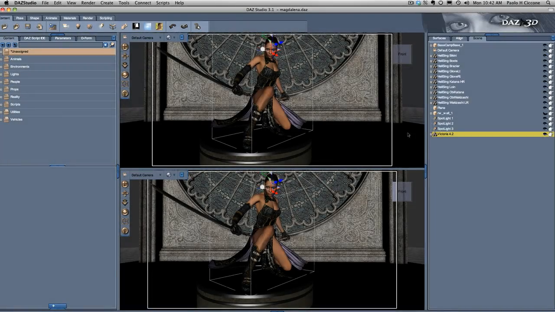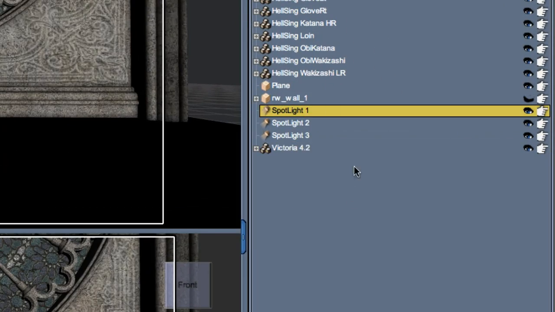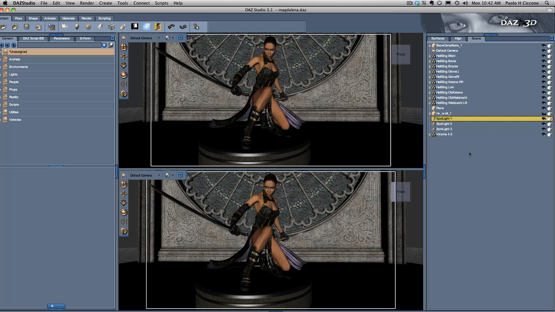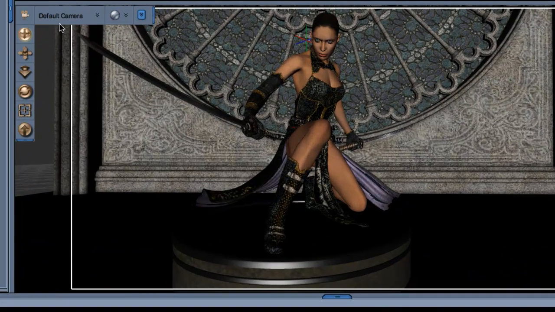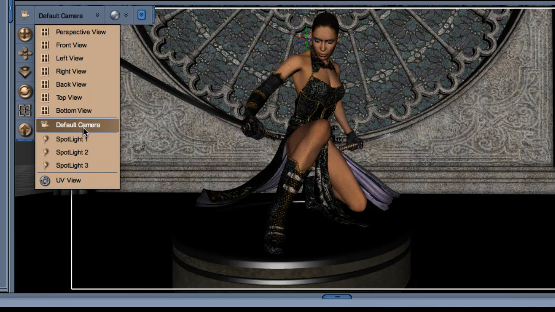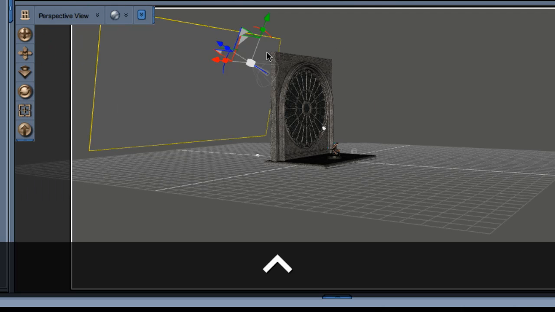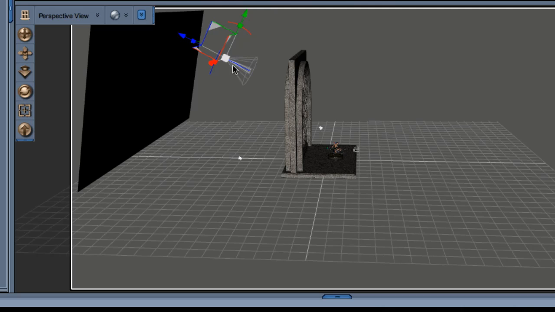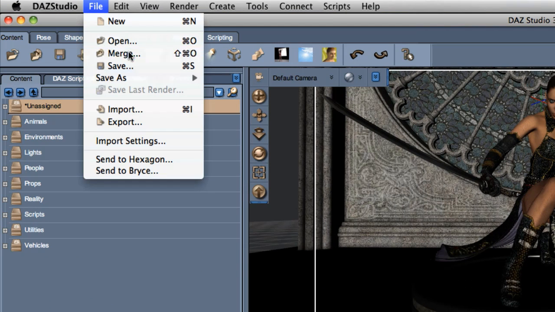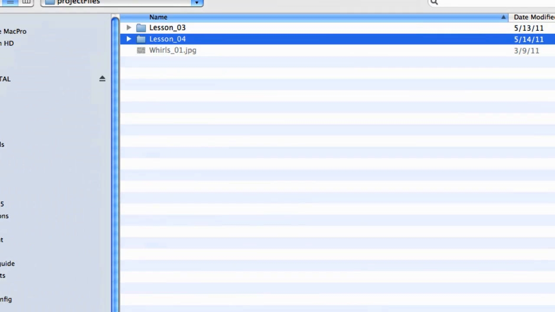Before we continue, I want to have our spotlight one here to be exactly how I have it in my original scene. To do that, I created a setup, a pose preset that will adjust the light exactly how it was originally. So the light is here, it's pretty close to the original, but let's see how we could perform this operation. So I have the spotlight one selected, and I can go in the File, Merge menu, and I'll